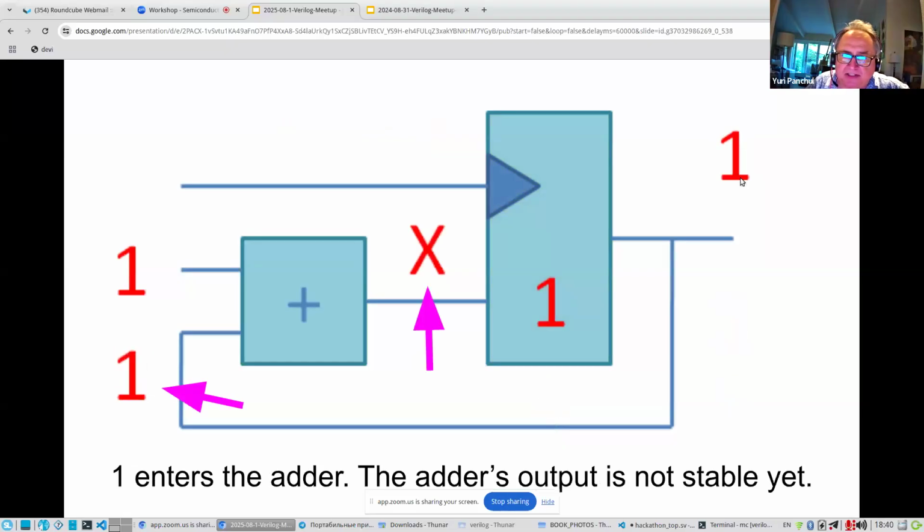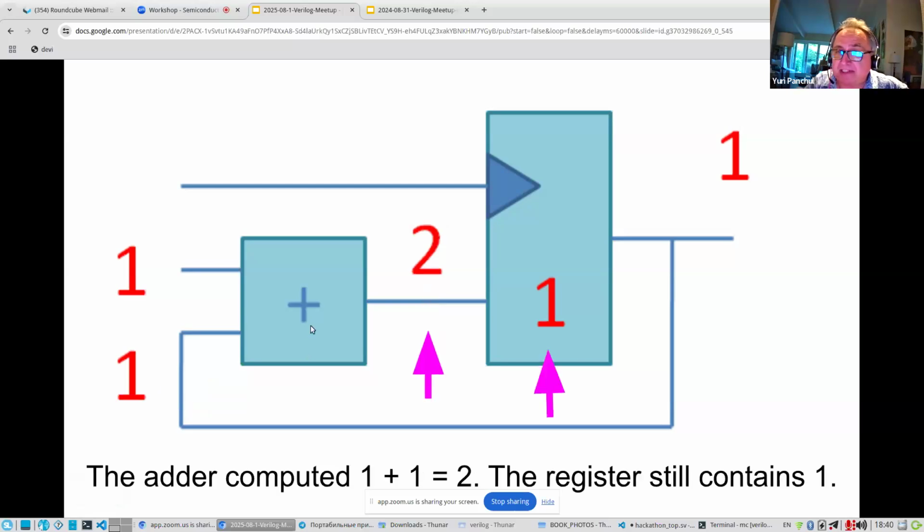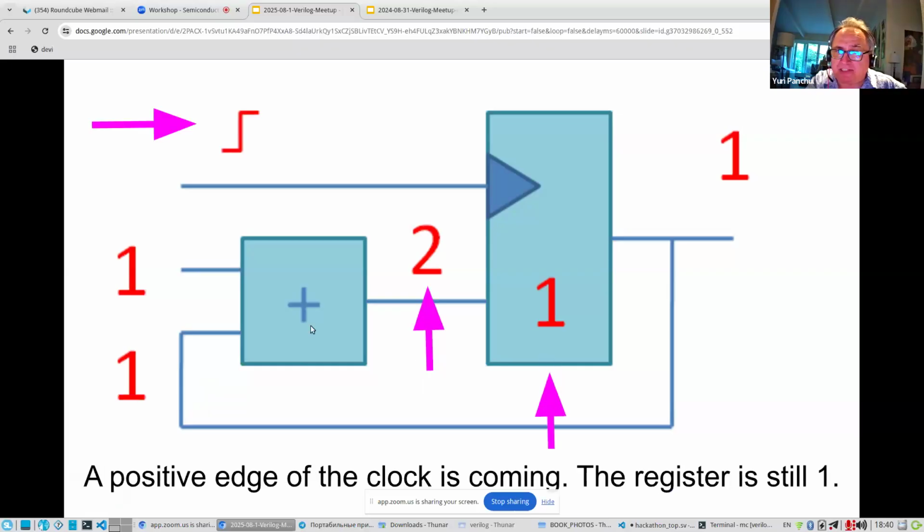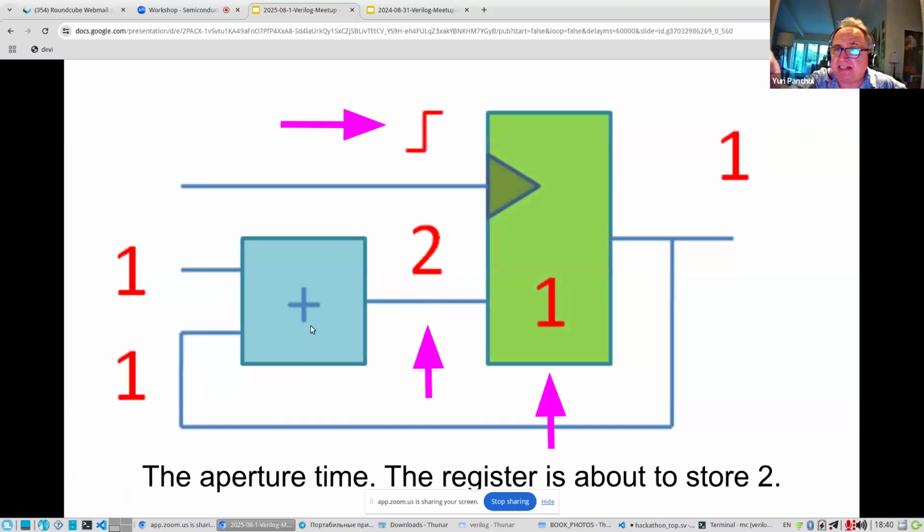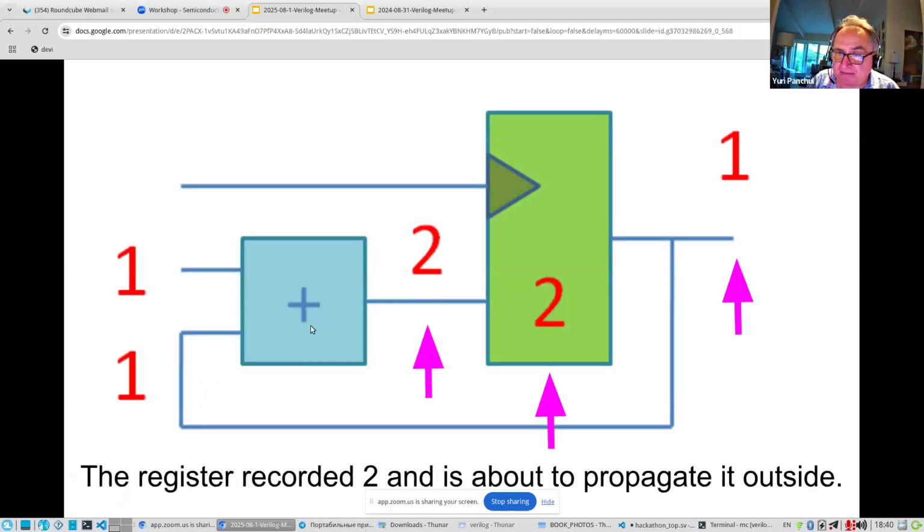Now this 1 travels to the input of the adder, and then you do 1 + 1 equals 2, but this 2 is not entering the register, is not entering the D flip-flops. And then the positive edge is coming again, and when it's entering the flip-flop, we can record 2 into the register.